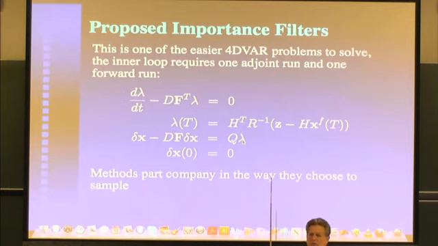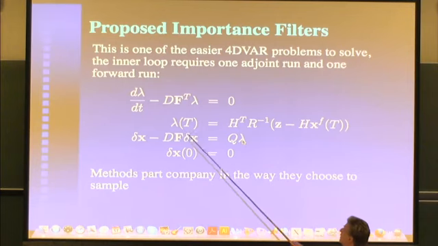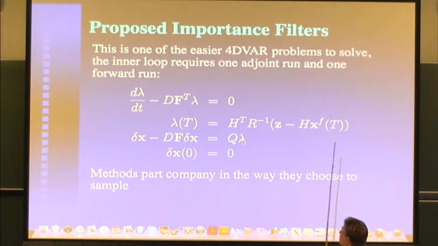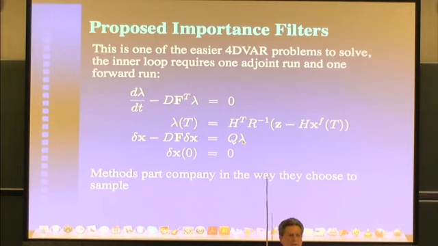The Euler-Lagrange equations for this particular positive definite function will look like this. Lambda is this nice adjoint variable. One run of the adjoint and one run of the linearized model will give you the increment from the undisturbed function. That's still linearized, and so it is an approximation. But in the weather world, it's pretty good.